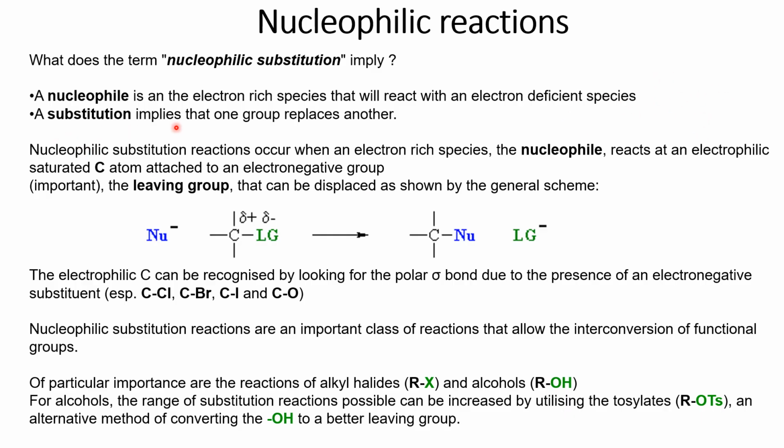A substitution implies that one group replaces another. That's what I told you now. So replacement only. So nucleophilic substitution reactions occur when an electron-rich species, that is the nucleophile, reacts at an electrophilic saturated carbon atom attached to an electronegative group. Then the leaving group, the electronegative group, it leaves the carbon center that can be replaced as shown by the general scheme. So this is the carbon. Lg is nothing but leaving group,